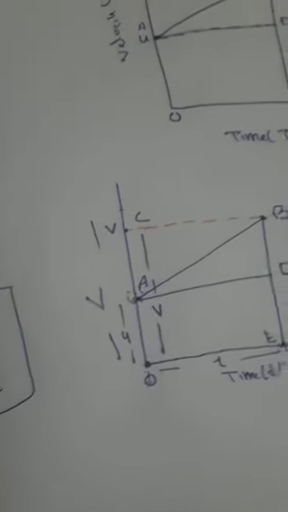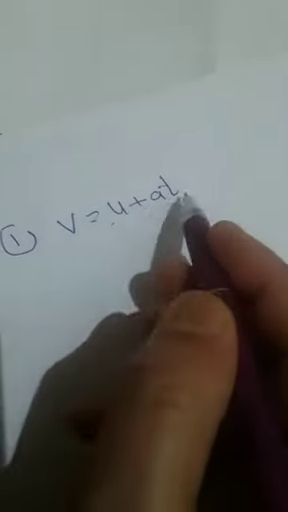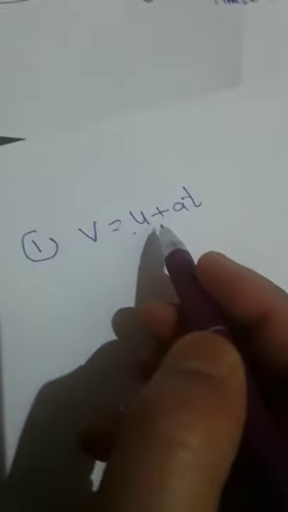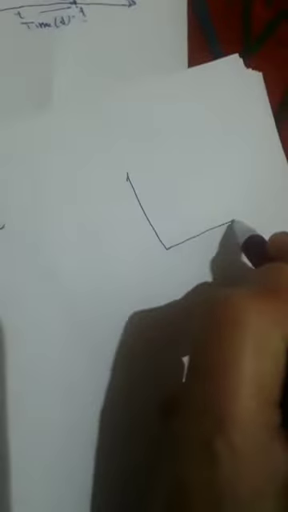Now we will try to solve the equations of motion by the graphical method. Before this you saw the calculus approach; now we will derive graphically. First equation: v is equal to u plus at, where v is the final velocity of the body, u is the initial velocity, t is the time, and a is the acceleration produced. In the previous lecture I showed the velocity time graph. This is uniformly accelerated motion. Acceleration is equal to the slope of the graph, this divided by this is called slope.